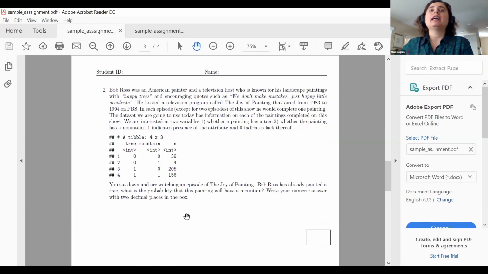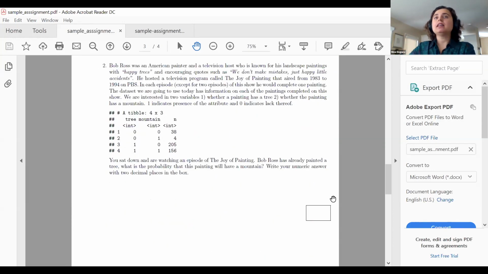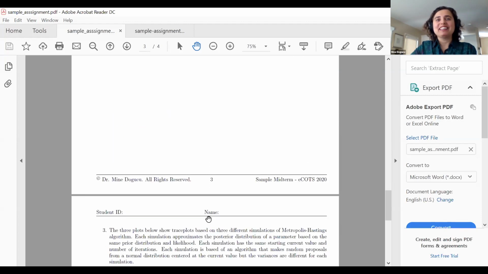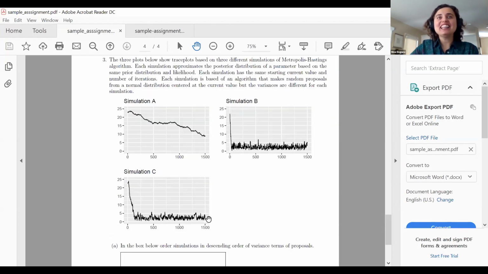And I can explain a little bit more on that later. And then I have one more question. This is a conditional probability question. The answer has to be some numeric number. The numeric number is 20. And then I have one more question where students are looking at Metropolis Hastings algorithm proposals,